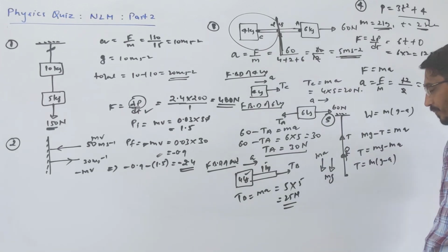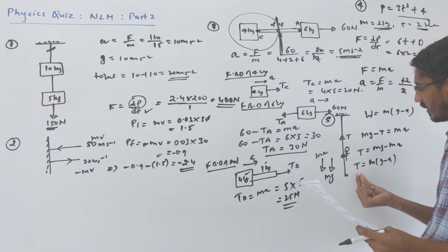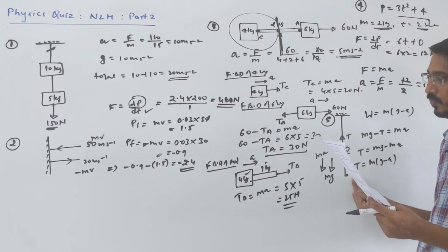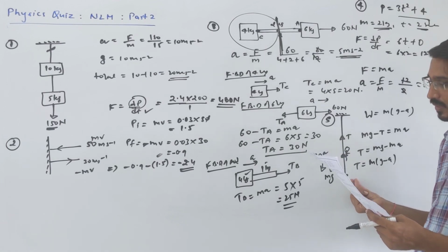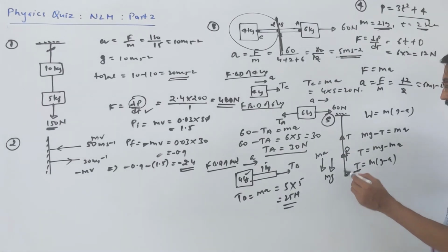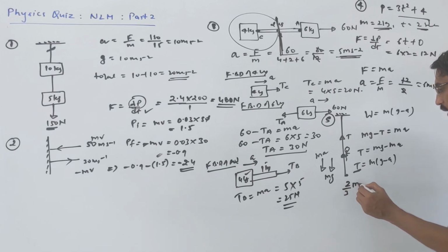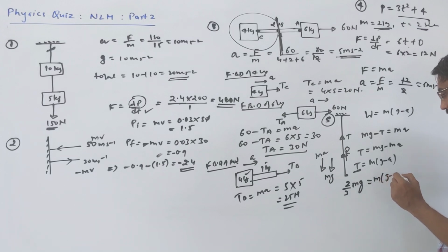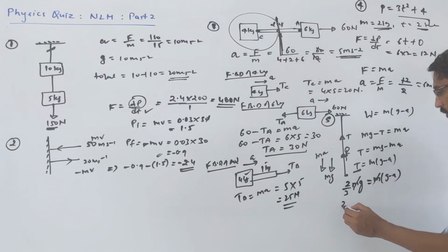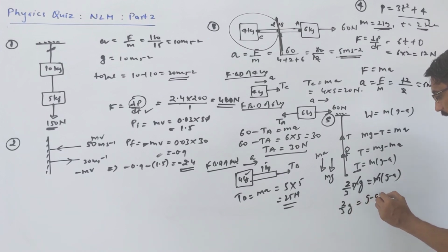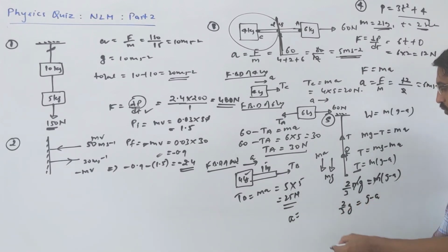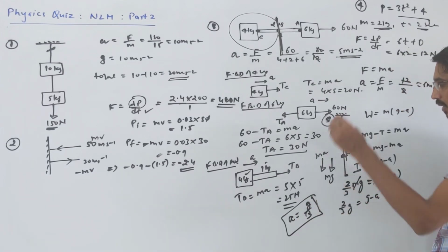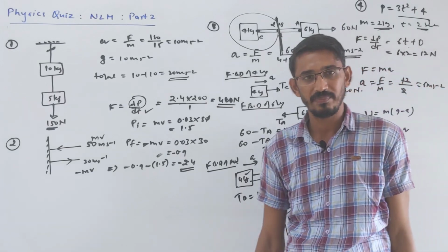Now what is given to us? It is given that the maximum load this rope can bear is 2/3 of the weight of the boy. Weight of the boy is mg, mass of the boy into g. So 2/3 of mg is equal to m(g minus a). The m gets cancelled here. 2/3 of g is equal to g minus a, or a becomes g minus 2/3 of g, which is g by 3. So the boy should accelerate downward with g by 3 so that the rope doesn't break.